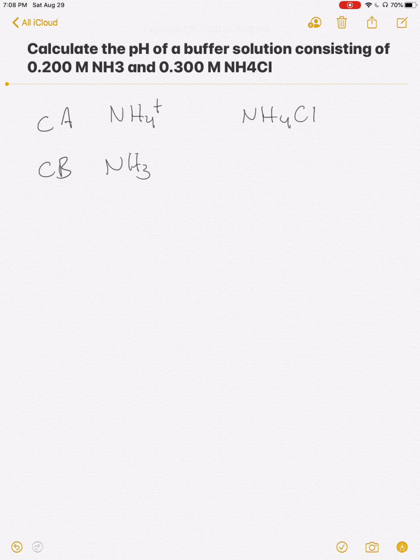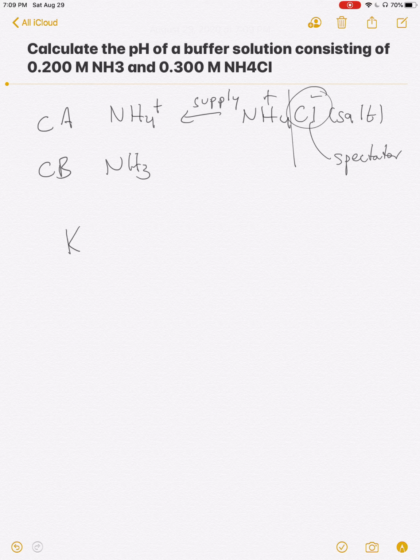The ammonium chloride is just going to supply the conjugate acid. Ammonium chloride as a salt will dissociate into NH4+ and chloride ion. The chloride ion is simply going to act as a spectator, and we can ignore it for the rest of this exercise. So one way that we can figure out the pH of a buffer is to use the Kb